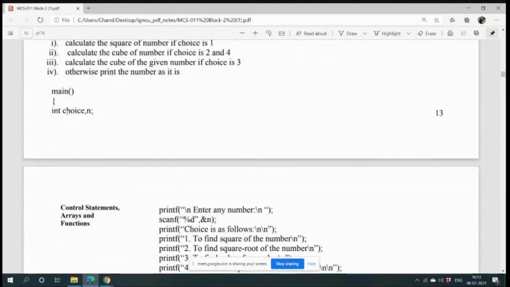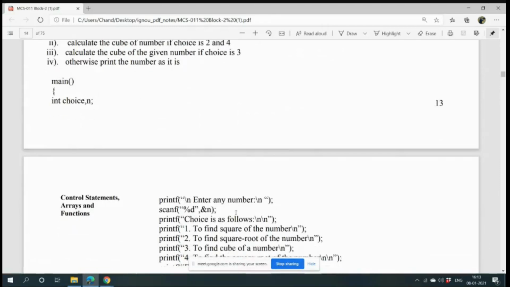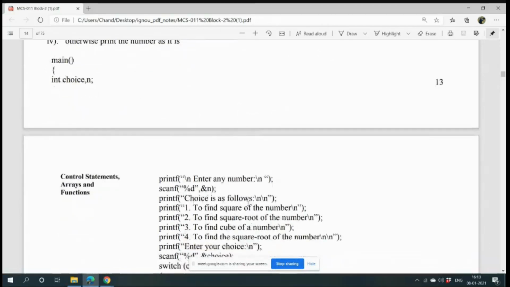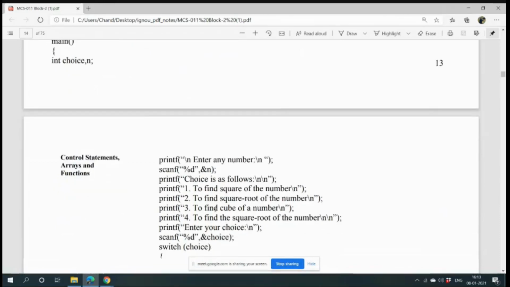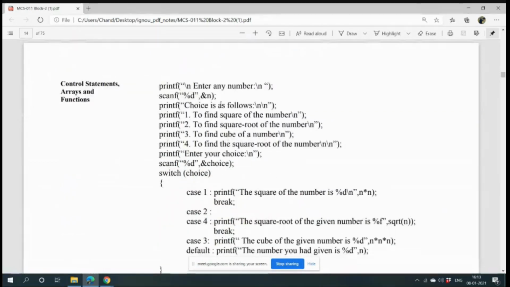What will you ask first? Please enter a number, then please enter a choice. When you enter a number it is an integer, so %d ampersand n. But when it is your choice, there will be multiple options.